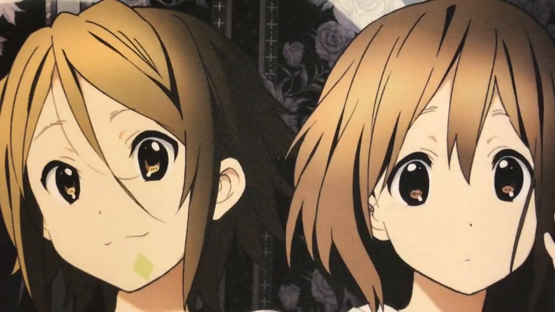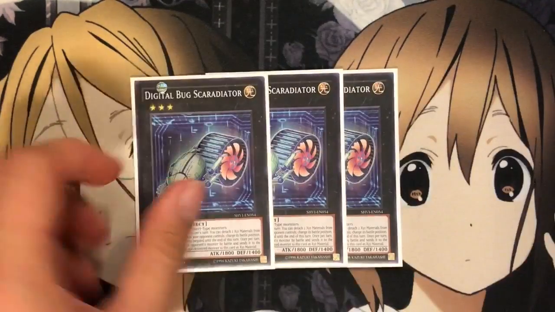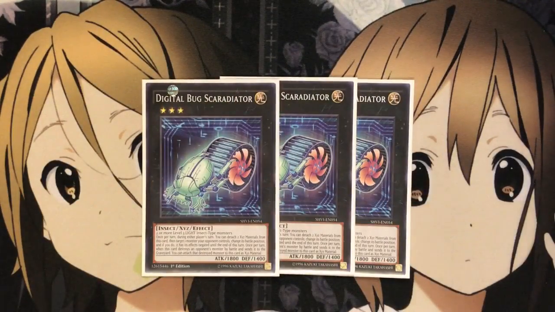I personally still like the Insector engine in the deck. And then moving on to the extra deck, I run 3 Digital Bug Scaradiator. You need 2 or more level 3 insect light monsters. And once per turn during either player's turn, you can detach 2 Xyz from this card, then target 1 monster your opponent controls, change its battle position, and if you do, it has its effects negated till the end of this turn. And when this card destroys an opponent's monster by battle and sends it to the graveyard, you can